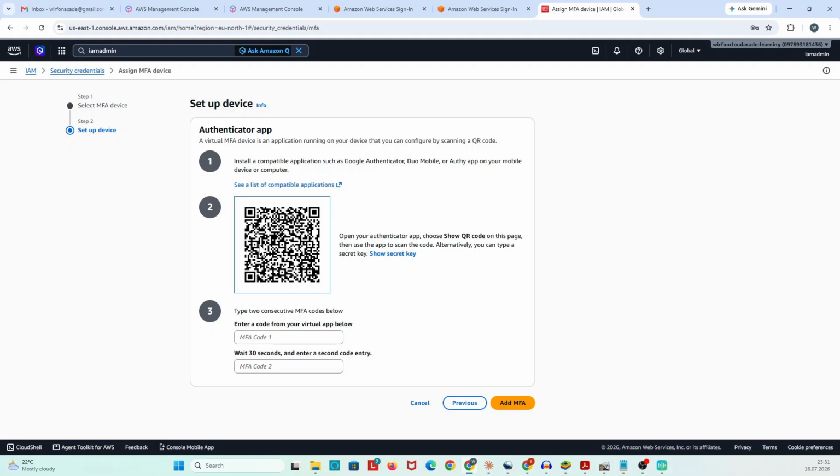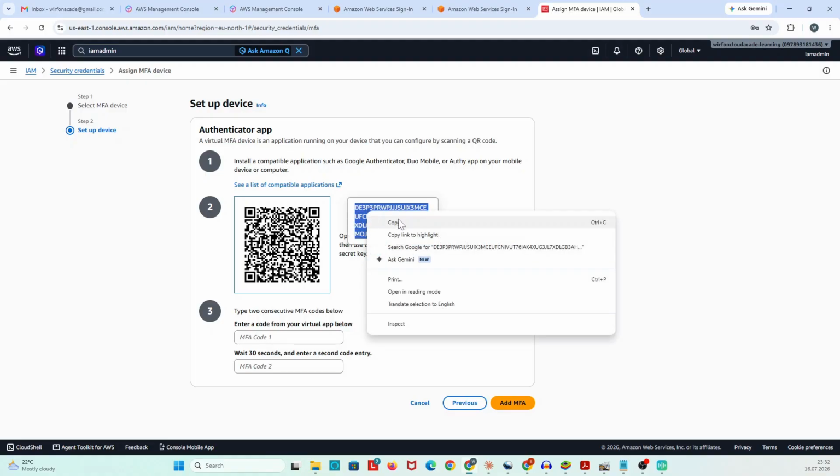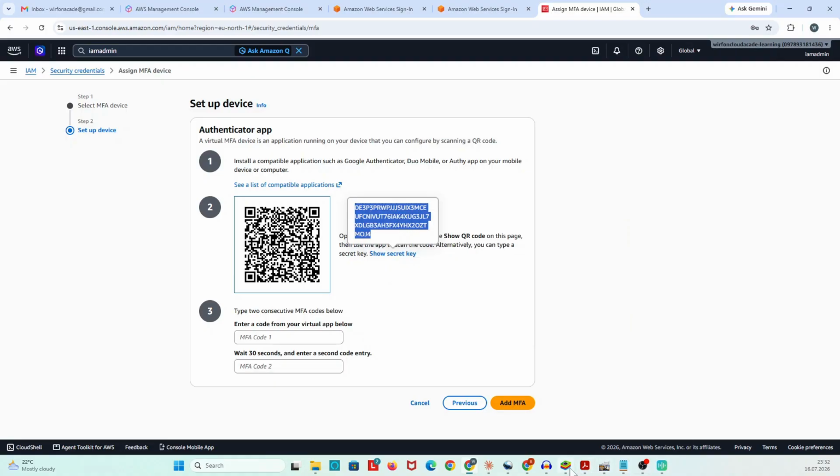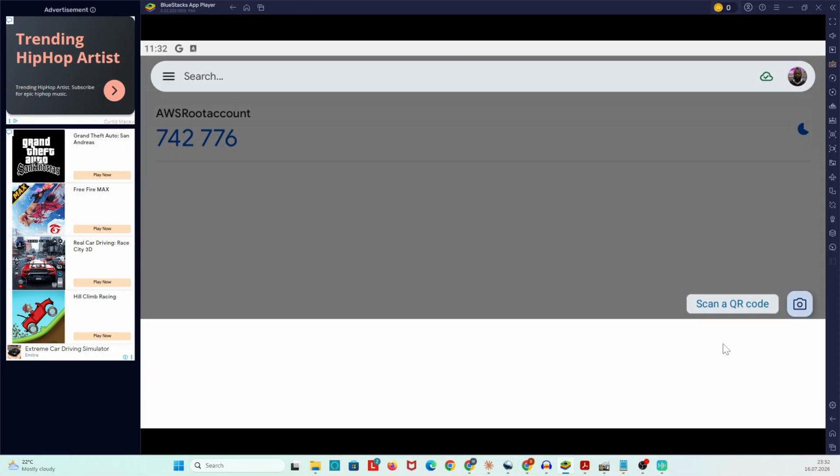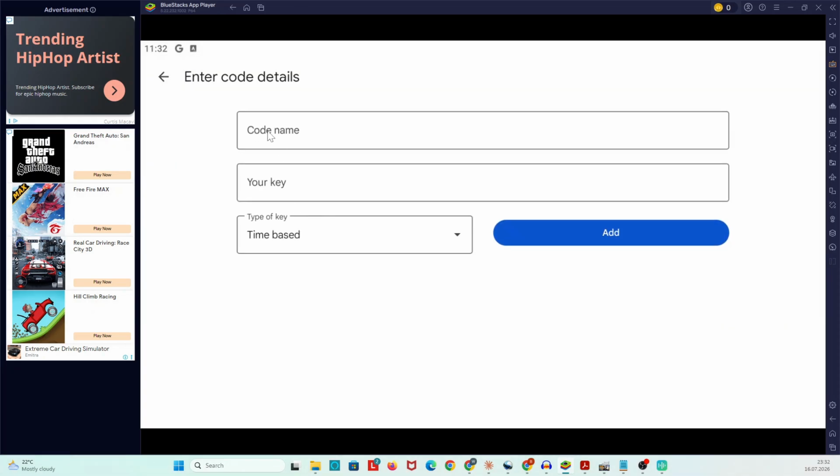In my case, since I'm using the emulator on the computer, I'm going to click on show secret key, right? Okay, I'm going to copy this, and I'm going to go to my emulator, and I'm going to say enter setup key. So I'm going to give it a code name. I'm going to call it AWS IAM admin,